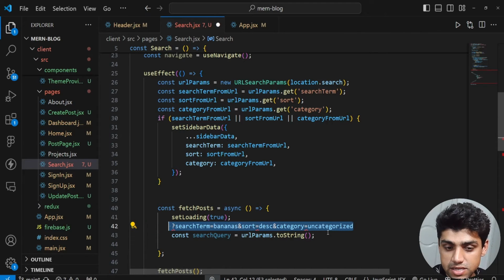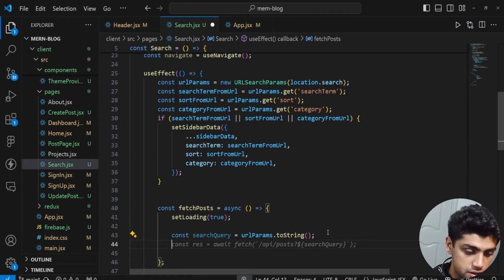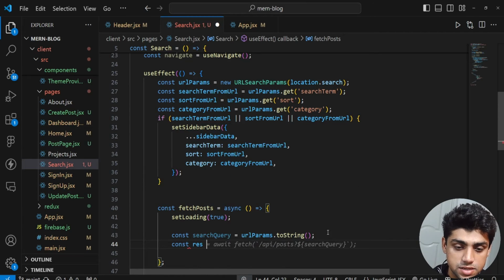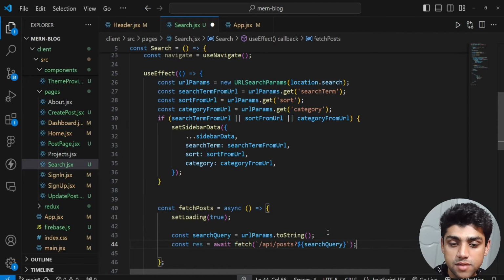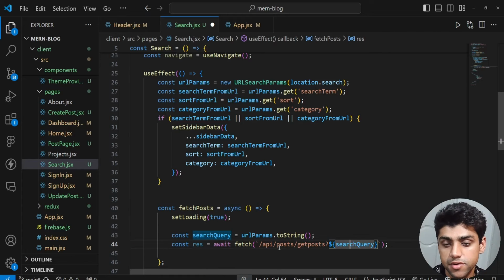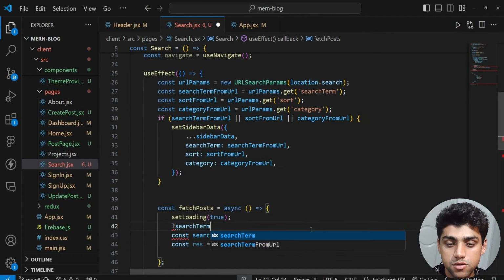So basically it's this entire chunk, okay, so that's the search query. And we basically go and say const res is equal to await fetch, okay, and now it comes in handy. So we say backticks slash API slash post slash get posts, okay, and then we have question, and then we have the search query. So basically it gets the search query. Remember where we had question search term, okay, so equal to,